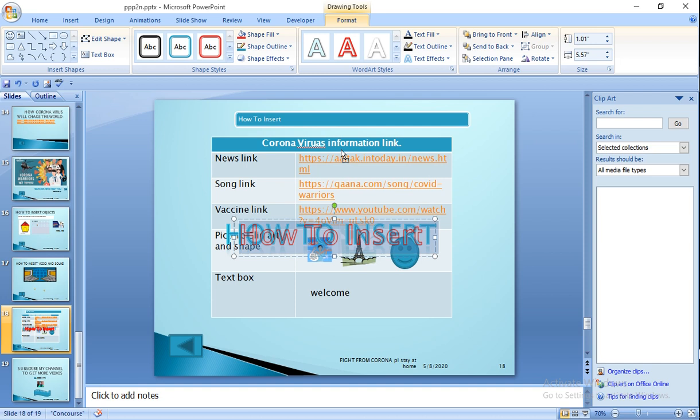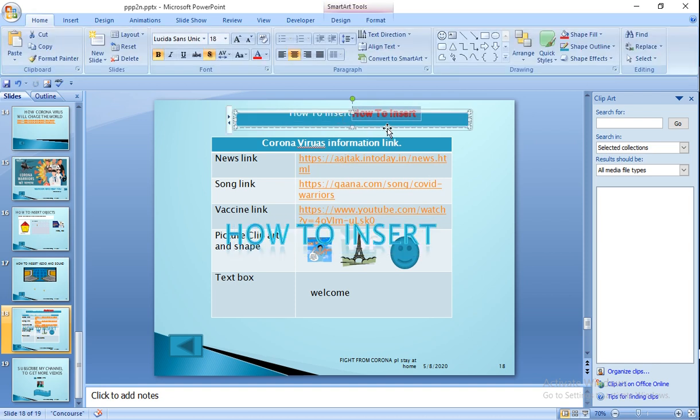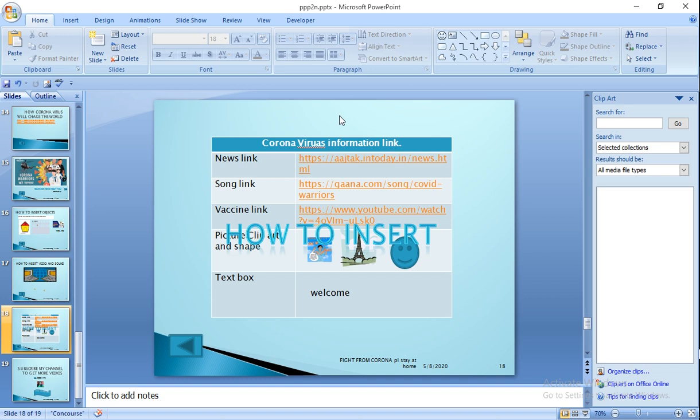The heading how to insert will convert into WordArt format. You can use that in your slide.